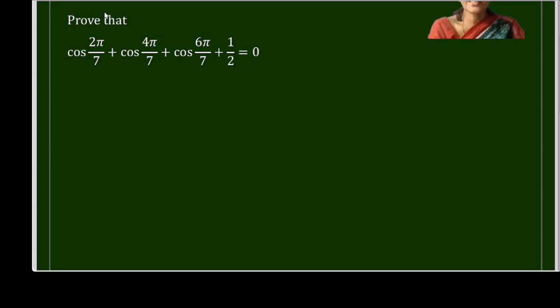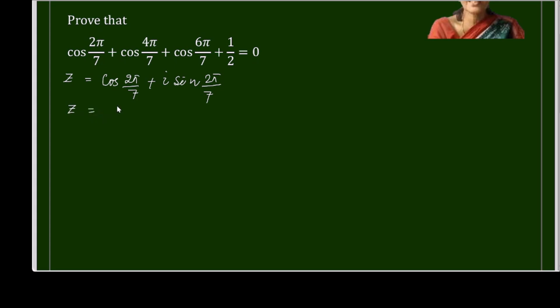So as I told, I'll do it with De Moivre's theorem. That means I'll take the help of complex numbers. So let z equal cos pi over 7 plus i sin 2 pi over 7. Now let us recall some facts about De Moivre's formula, that is, if z equals